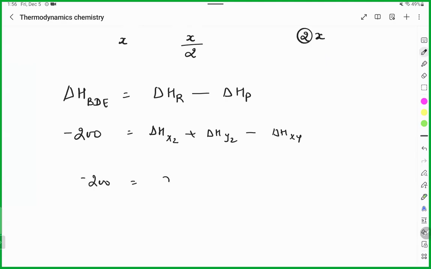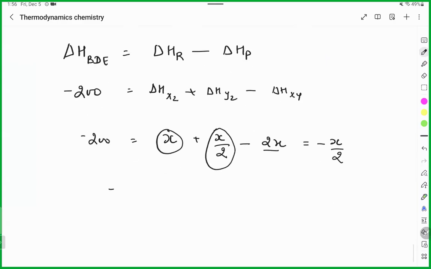What is the X2 value? We are considering it x. What is the Y2 value? x by 2. What is the XY value? 2x. This is 1.5 because this is 1, this is half. 1.5x and minus 2x. It will be minus x by 2. So minus 200 is equal to